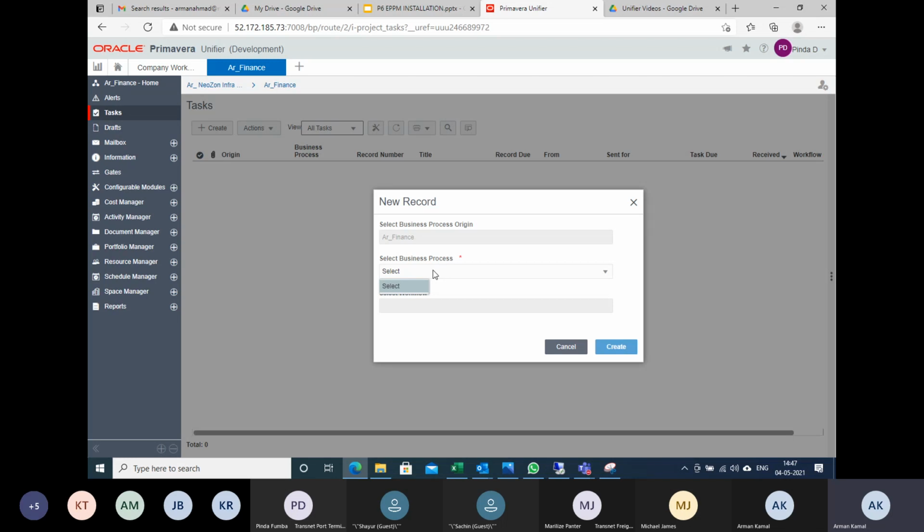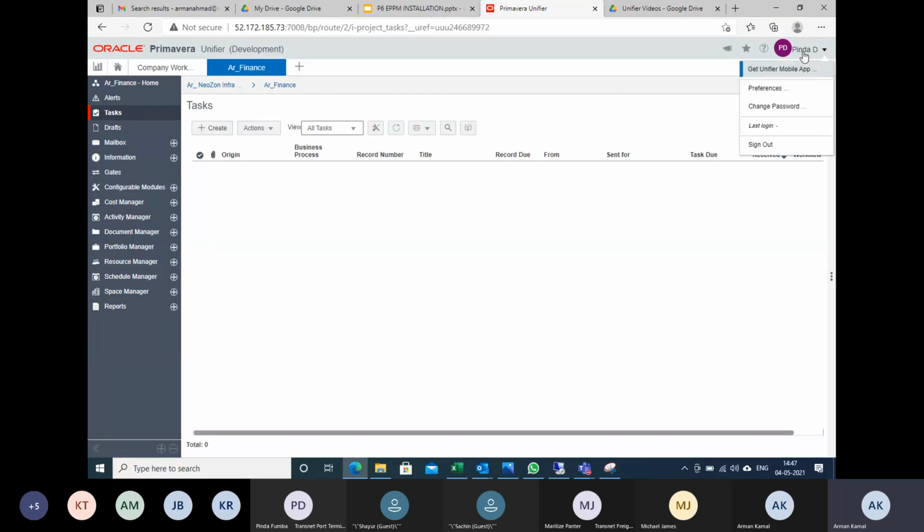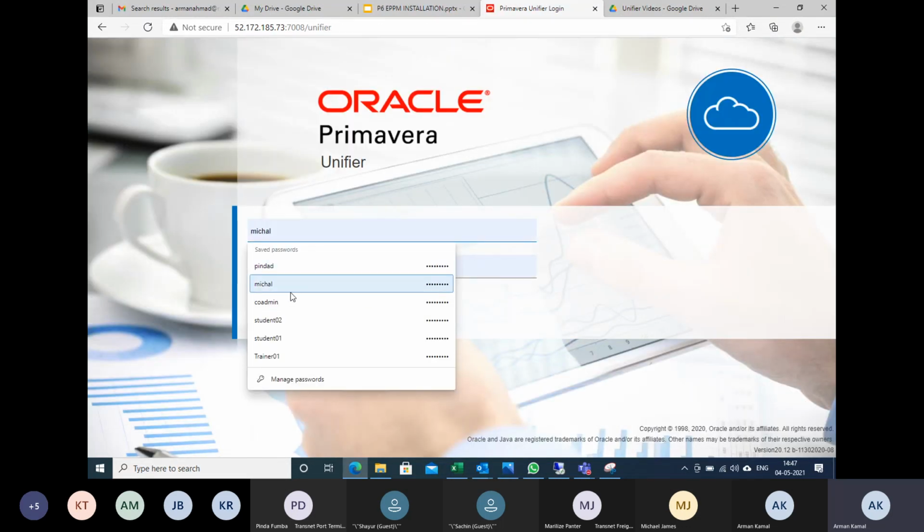When you are working as a Unifier administrator, this kind of query will come in multiple ways. All the time you will get a ticket, like requests saying I am not getting access, try to fix that. This we usually used to face. So let me give the access. You can see this: company admin is the administrator page.